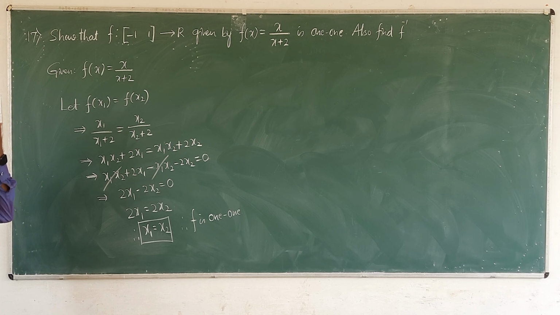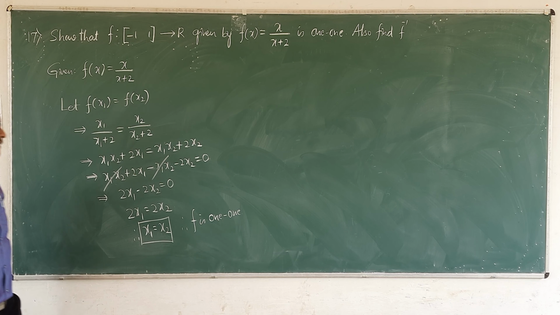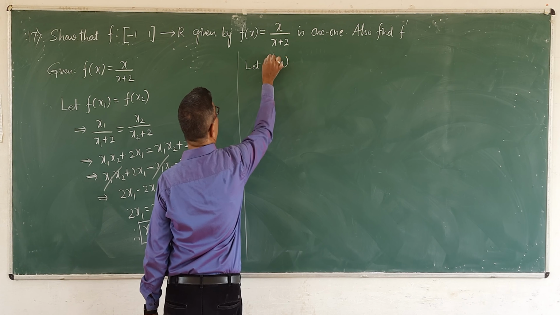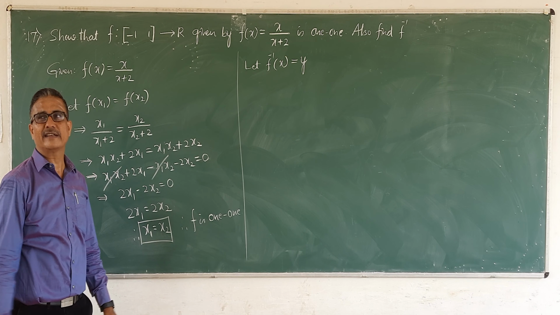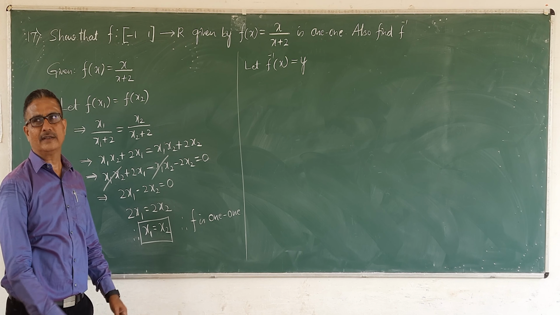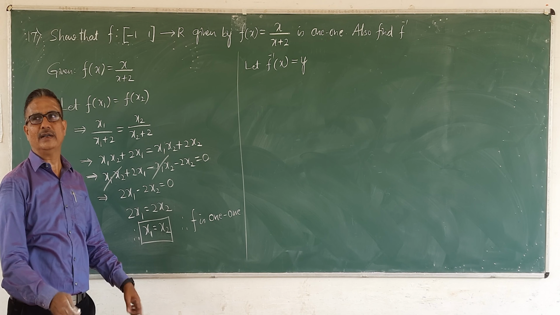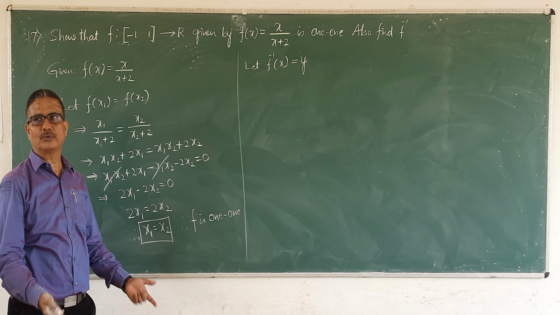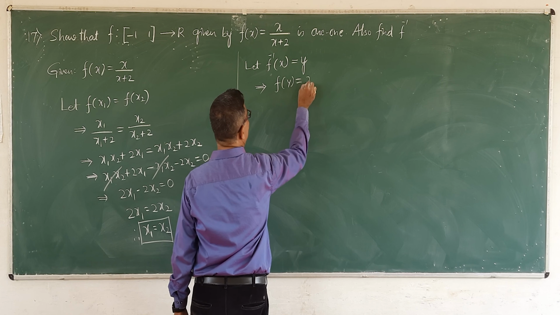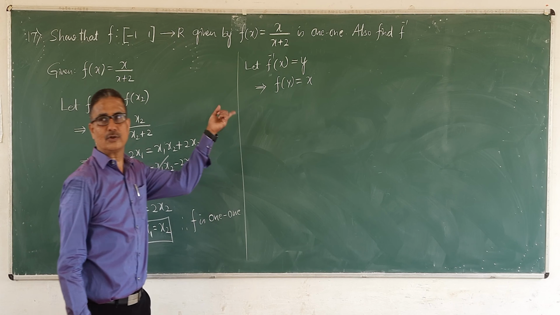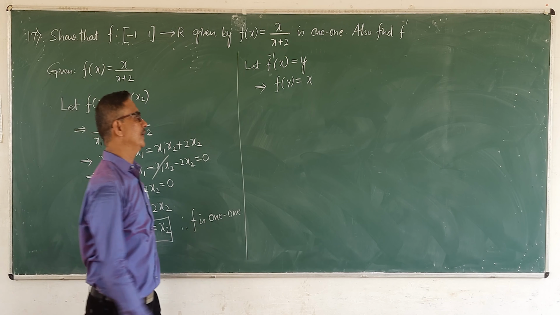Next step, also find its inverse, the inverse image of x. Now how to solve? Now we have to find the inverse image of x. We don't know it, so we call the inverse image of x a y. You take a y, or you could take a p. This implies, by the definition of inverse function, the image of y is equal to x, right? x is equal to the image of y, f of y is equal to x.